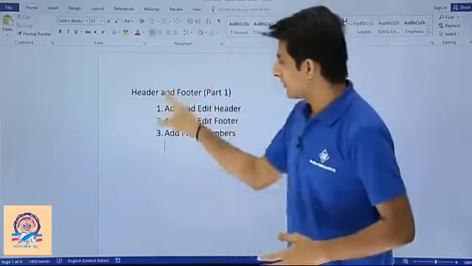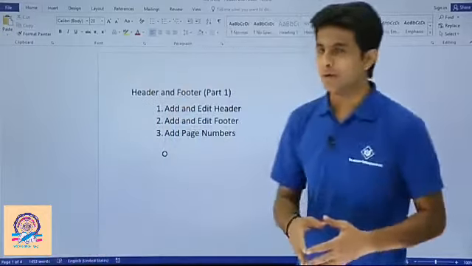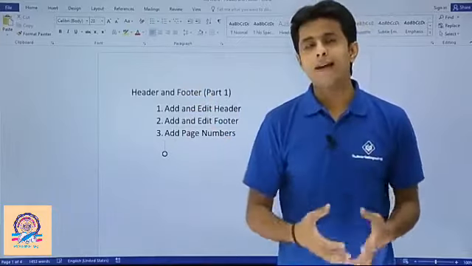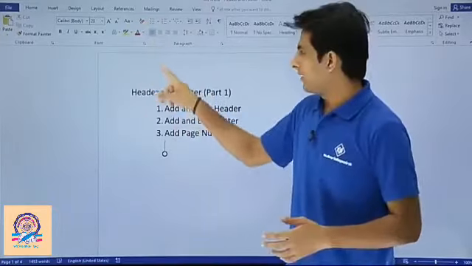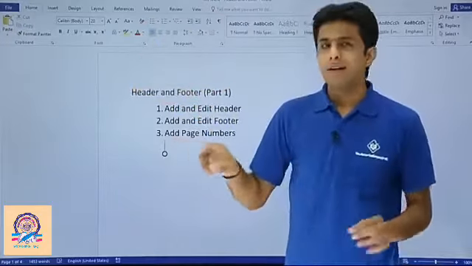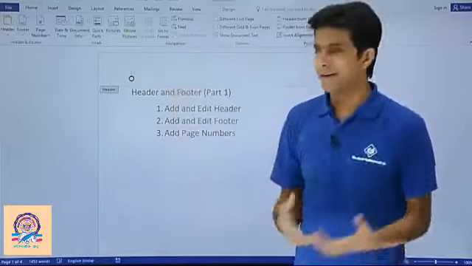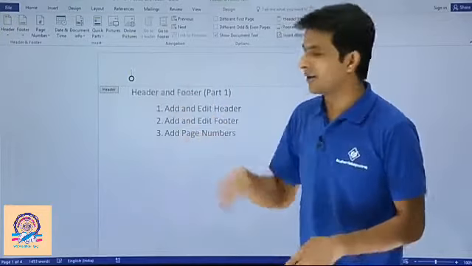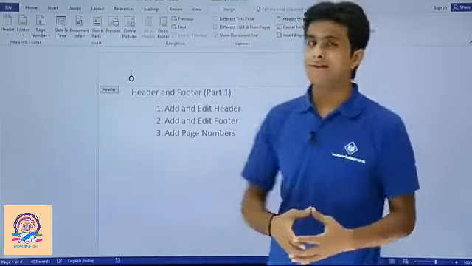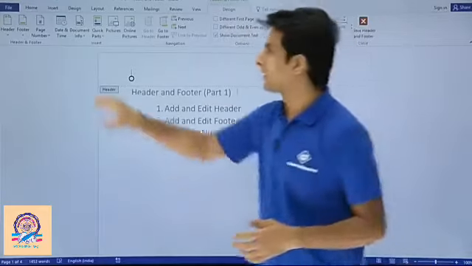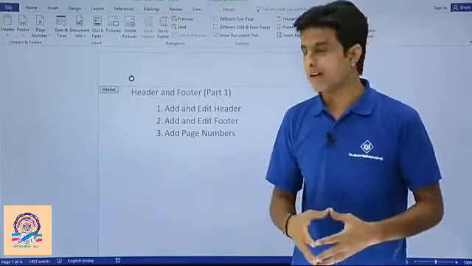So what you can do is, I'm on the first page of four pages total. If you want to add a header, you have to go at the top of the page and you see there's a blank space which is added. You have to just double click on it. If you just double click on that place, you see there's a header which is enabled here and you can type in this place. You will also get one more tab, that is the design tab, which will have the other options for editing and formatting related to that.